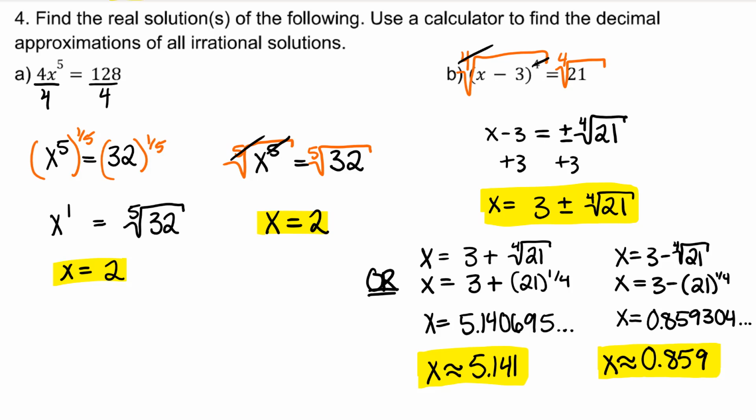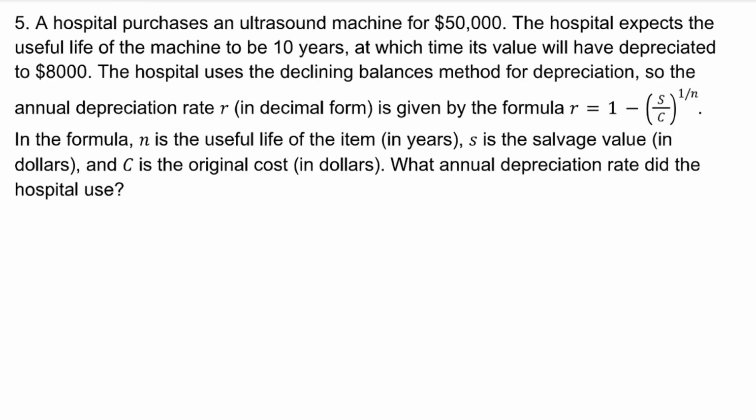A hospital purchases an ultrasound machine for $50,000. The hospital expects the useful life of the machine to be 10 years, at which time its value will have depreciated to $8,000. The hospital uses the declining balances method for depreciation, so the annual depreciation rate in decimal form